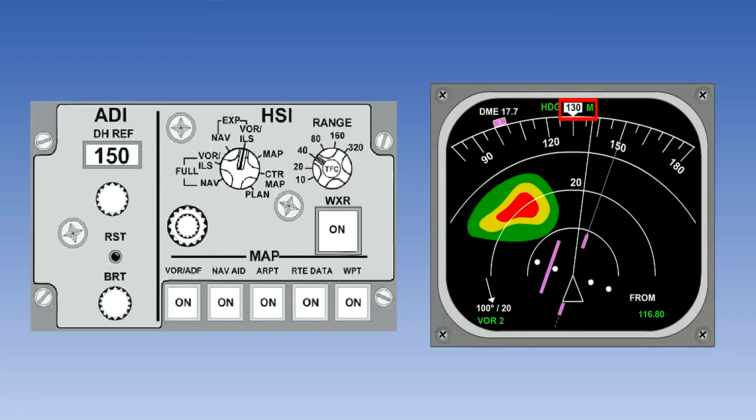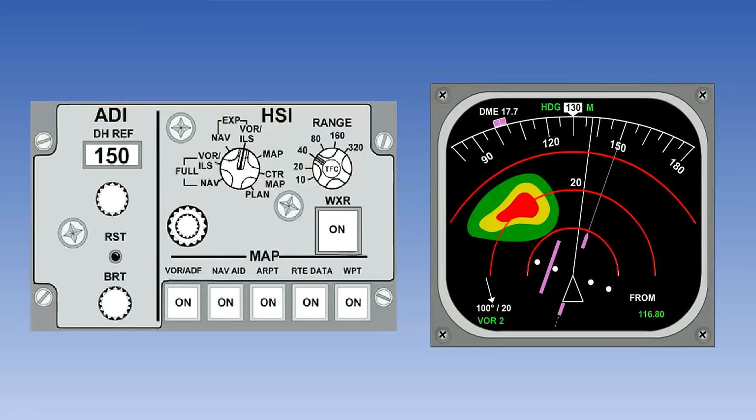The current heading is shown in the window at the top of the compass rose segment, and the heading reference selected is magnetic north. The selected track is displayed by the magenta course indicator, which we can see is set to a track of 150 degrees. Any track deviation is shown by the magenta course deviation bar, which as we now know can move across a 2-dot left or 2-dot right deviation scale. The current track is shown by the white line extending from the tip of the aircraft symbol to the compass arc. The selected heading is shown by the magenta bug on the outer scale of the compass rose.